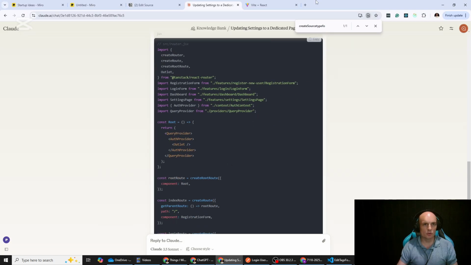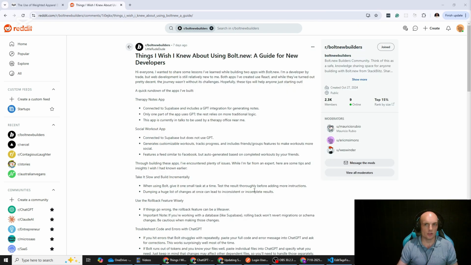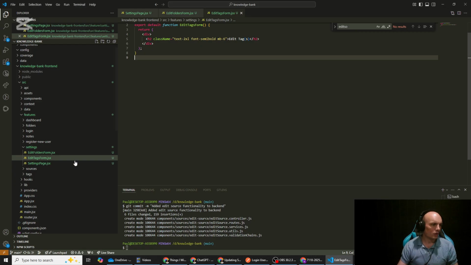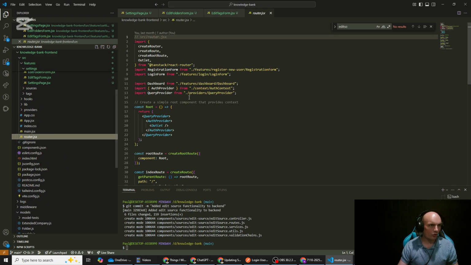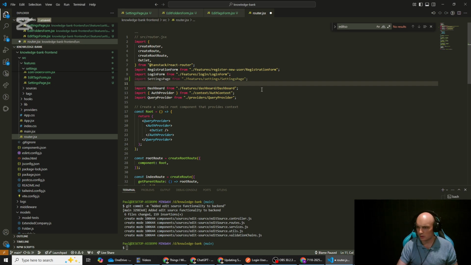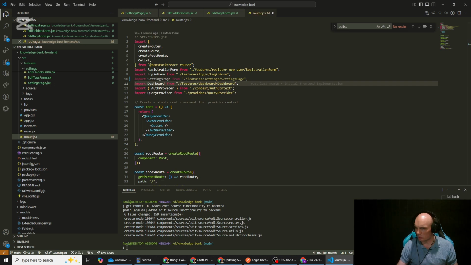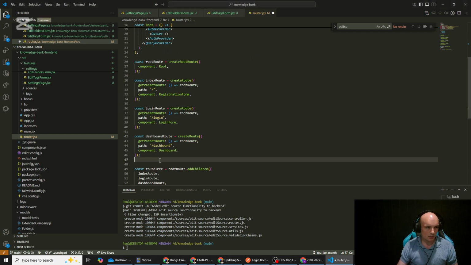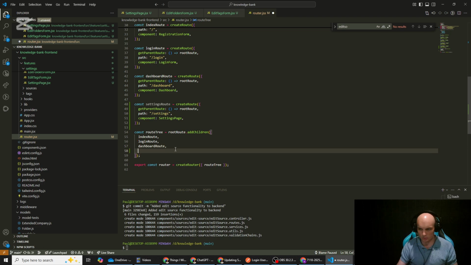Alright, and then in our router, I'm going to pull this over here so I can compare, because it's been a while since we've updated this file. I just want to make sure that it's not doing anything too crazy or doing things that it shouldn't be doing. So I'm going to bring in our settings page. That makes sense. Okay, cool. It did create it correctly, so we just do that, and then in here we need to go settings, route, save that, and then if we